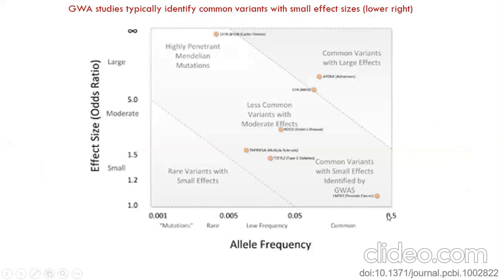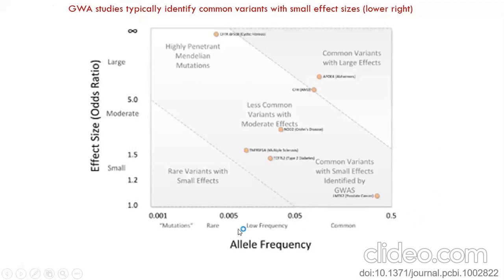If the allele is more frequent, that frequency is associated with the disease, that is also important. Mainly the GWA studies, the whole genome studies, try to focus on this chart. See this chart: x-axis allele frequency, y-axis effect size in terms of small, moderate and large effect, giving there a small statistical number for it.